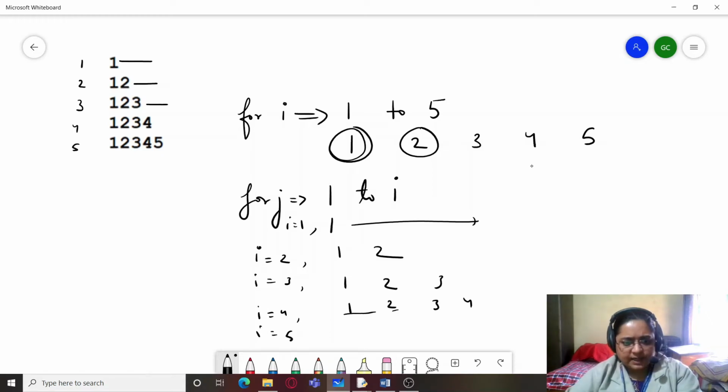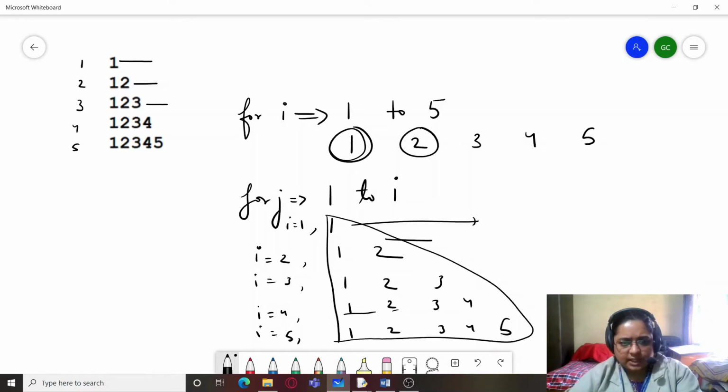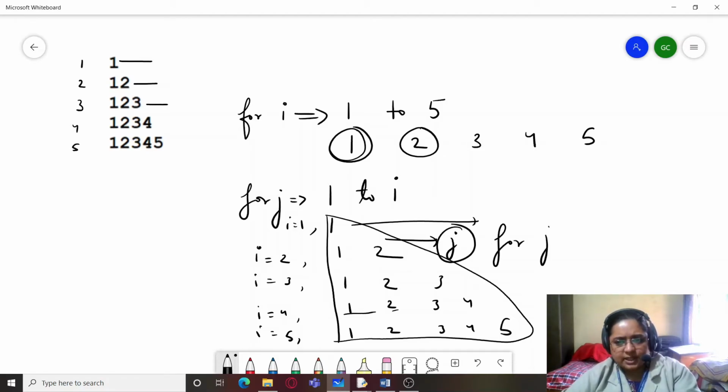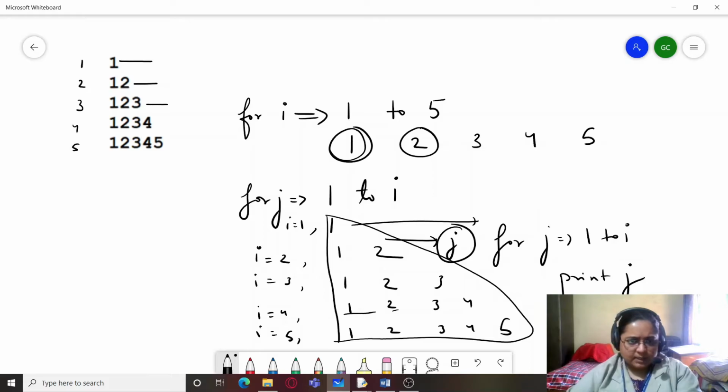When I is 5, it has to be 1, 2, 3, 4, 5. So already we are getting a pattern over here, that is the values of J. So this is how the inner loop will be, for J equals 1 to I, and we will be printing the value of J. So let's write the code for this.